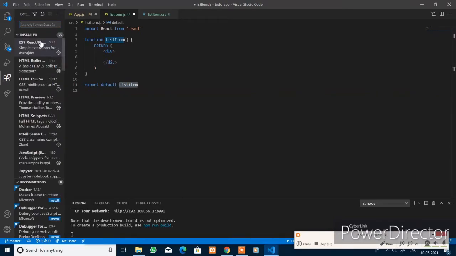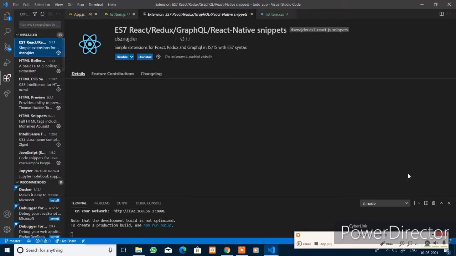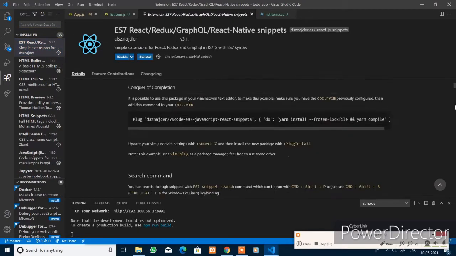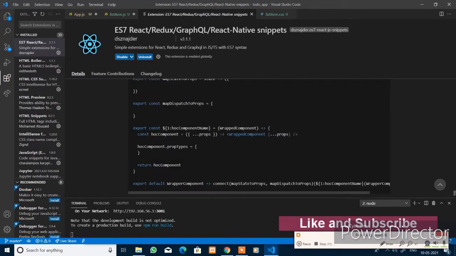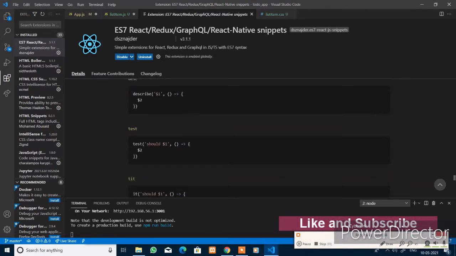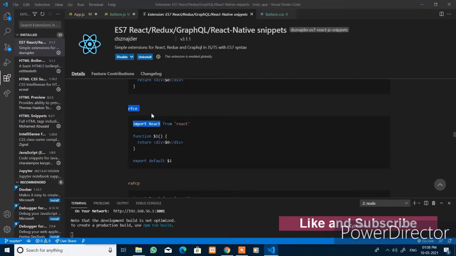You also have different shorthands in that extension. You go there, click on that extension and reach the bottom level. Now we used this shorthand. This will add this little code snippet and create the component for us.